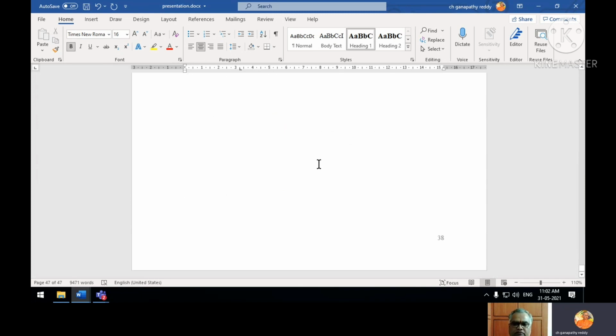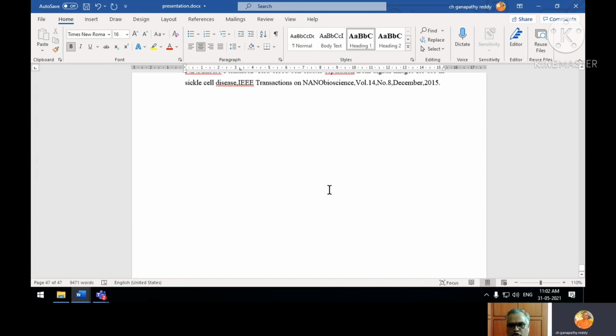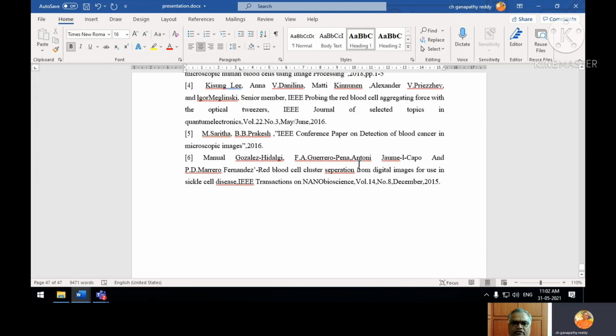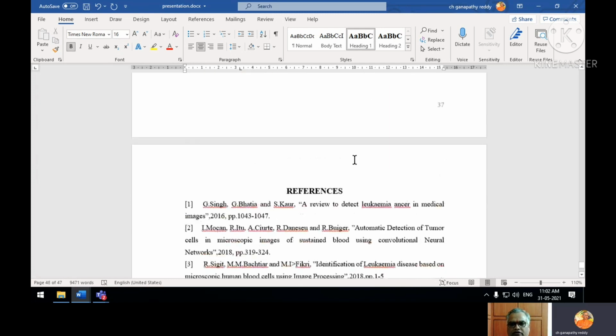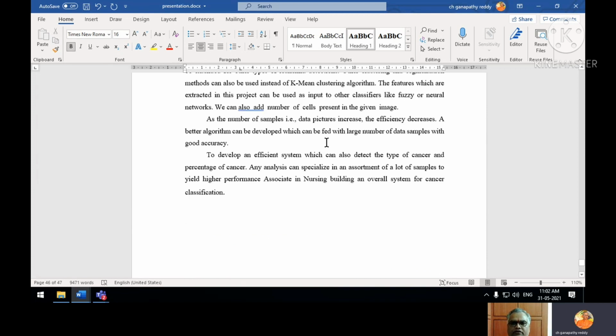If your project is published in the form of a conference paper or a journal, then show it at the end of the book. If there are appendix 1, appendix 2, you can also include them at the end of the project report. Whatever you are showing after the references should be reflected in the contents also. So the contents are important. Once you prepare the document, you will know the page numbers. So you post these numbers there accordingly. Okay.